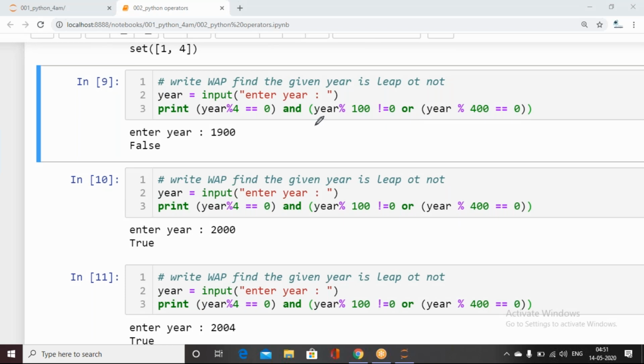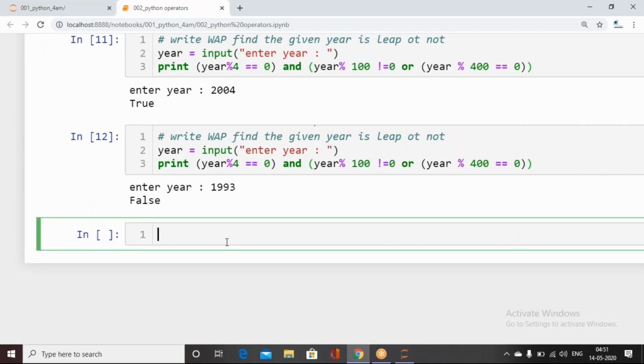Got it or not? Can you give us some other example other than this leap year thing? Okay, write a program to find whether a given number is divisible by